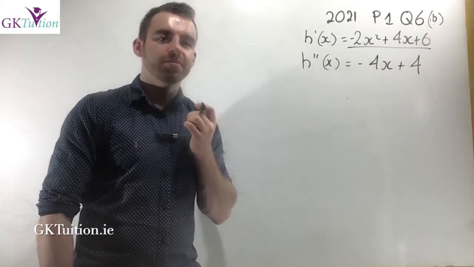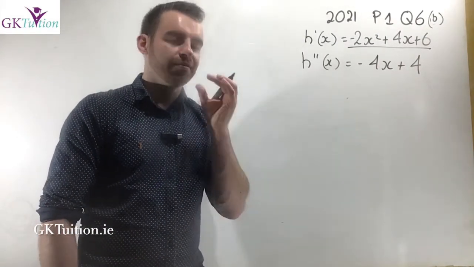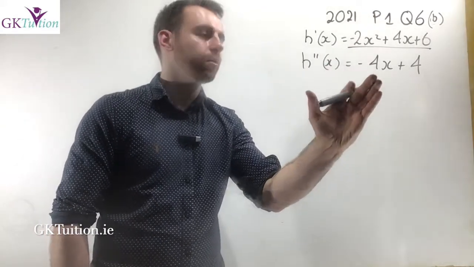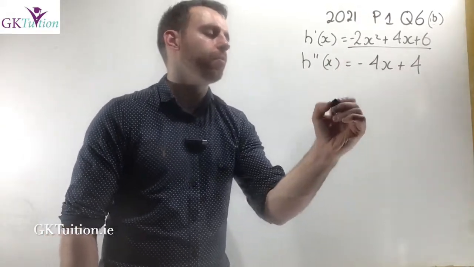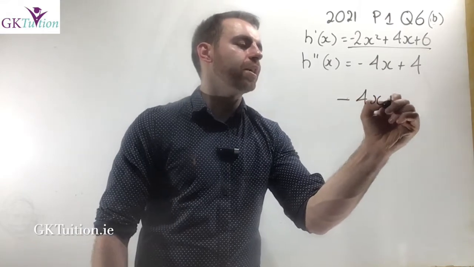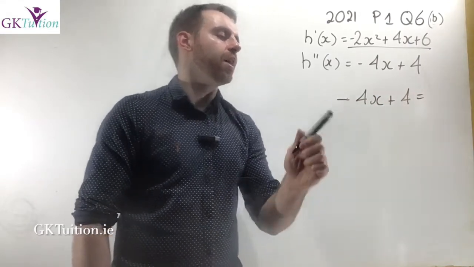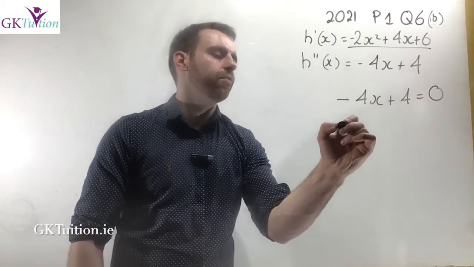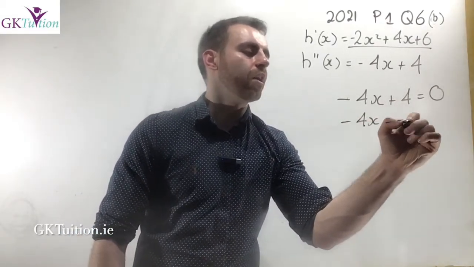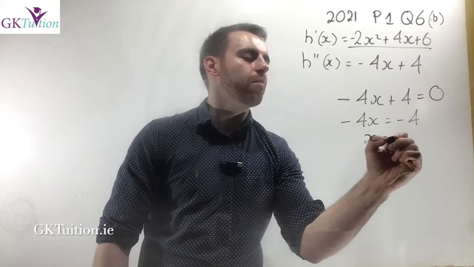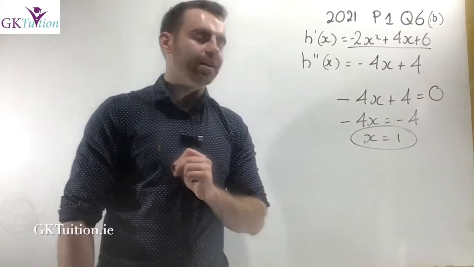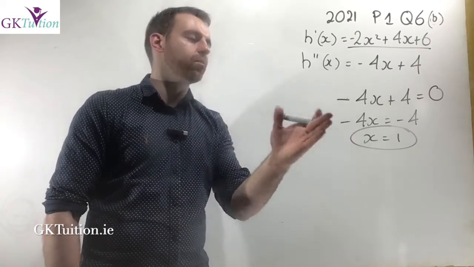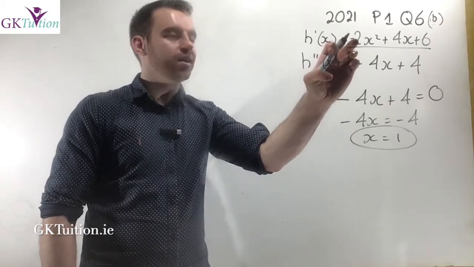And remember, to find your maximum point, you simply let the first derivative equal 0. Remember, the first derivative of what we're looking for is minus 4x plus 4. So to identify the turning point, I let minus 4x plus 4 equal 0. Now it's straightforward enough. I'll subtract 4 from both sides, and if I divide both sides by minus 4, I end up with x is equal to 1. So that tells me that when x is equal to 1, that's when I identify the